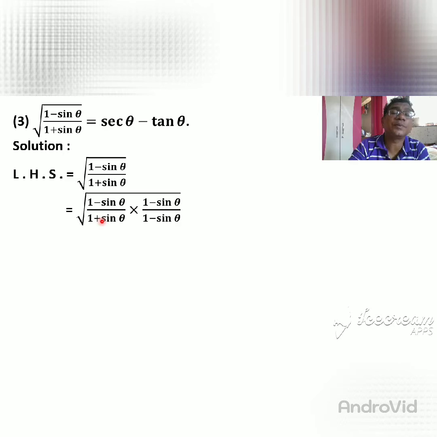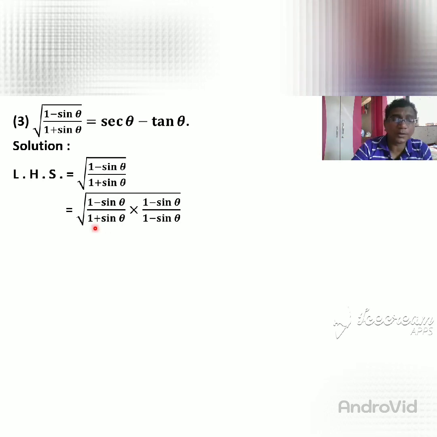So here is 1 plus sin theta. What is the opposite of plus? Minus. So here I write 1 minus sin theta. So 1 plus sin theta into 1 minus sin theta is multiplied in the denominator. Whatever we multiply in the denominator, we multiply in the numerator too, conjugate surd. So here it is positive, so here it is negative. So 1 minus sin theta multiplying the numerator, we write 1 minus sin theta bracket square.